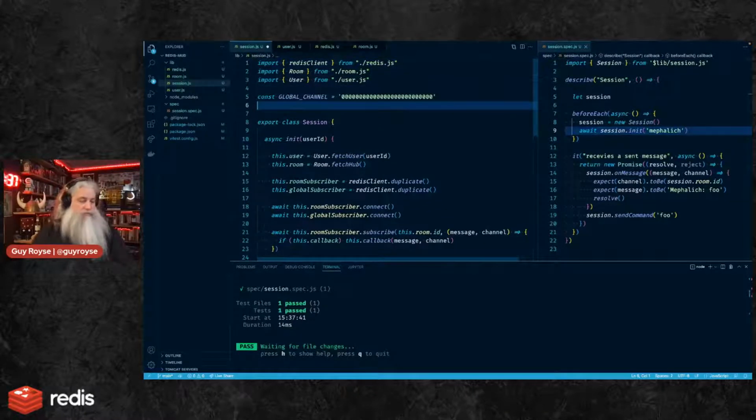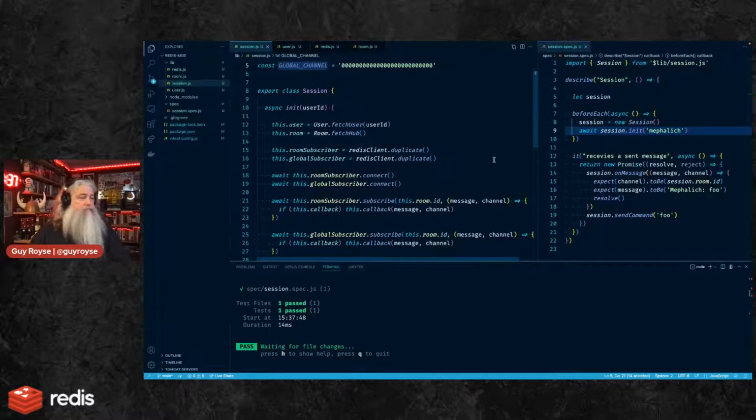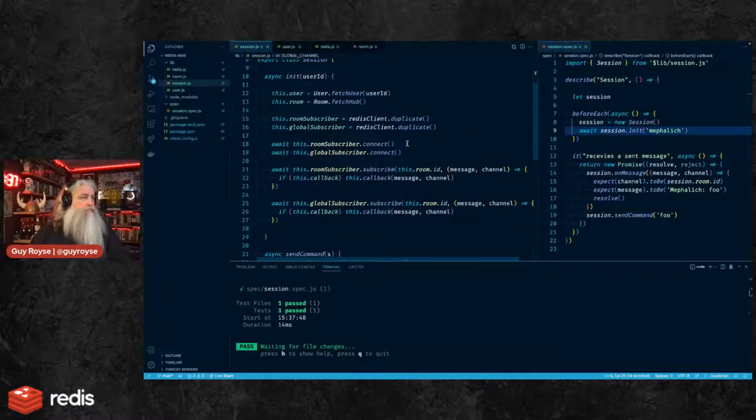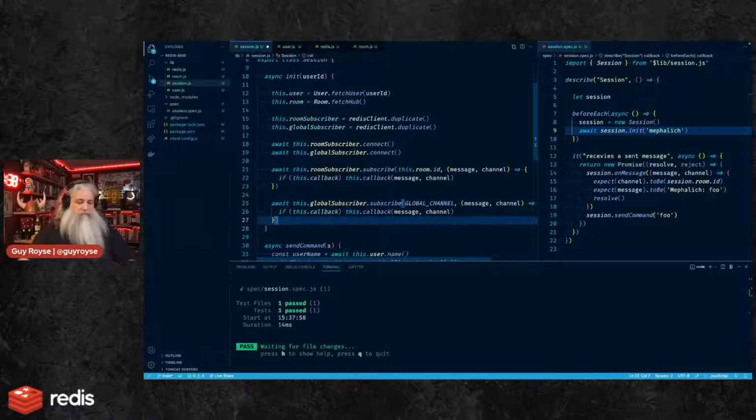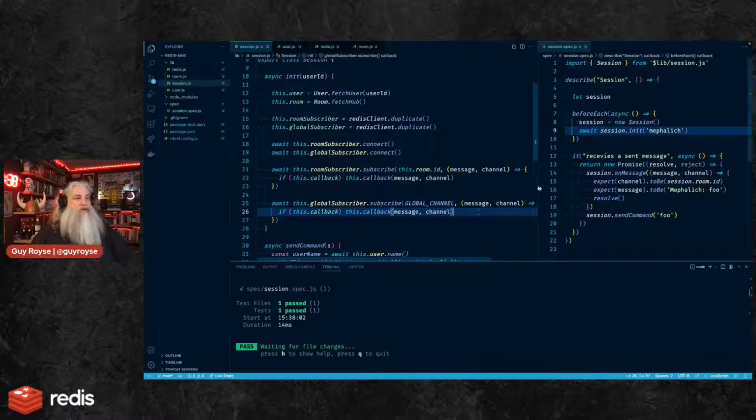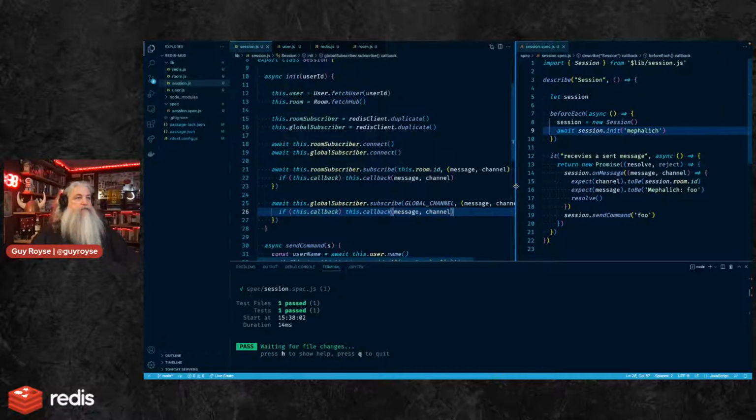It'll become obvious where it belongs later. Global channel. And then this will just be global channel. And so now we can get messages from global system messages as well as regular messages.